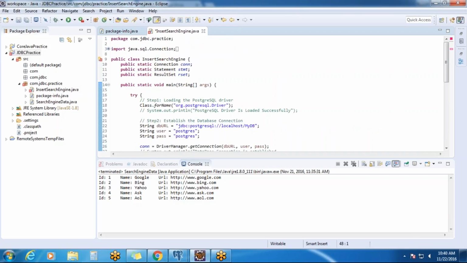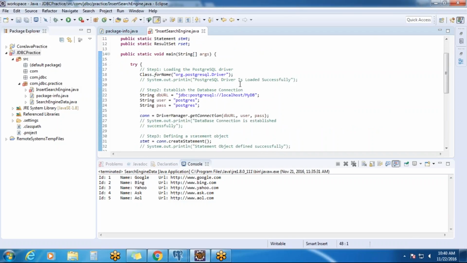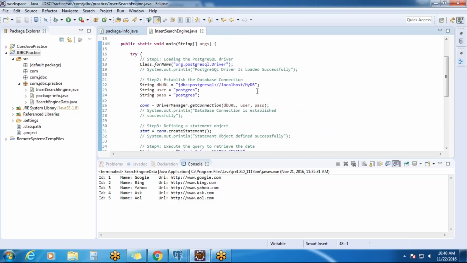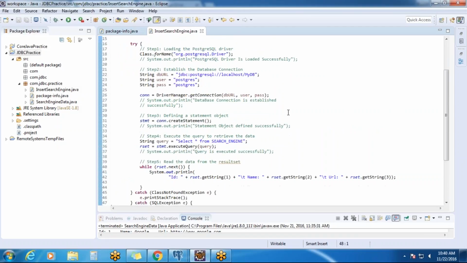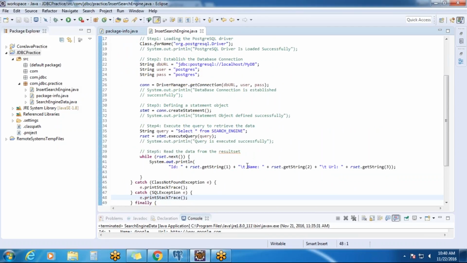Yep. Rename it type to insert search engine. So here, while inserting the data against the table, we don't need any result set. Result set is retrieved when you are going to retrieve the data. So one very first thing that you can do is go